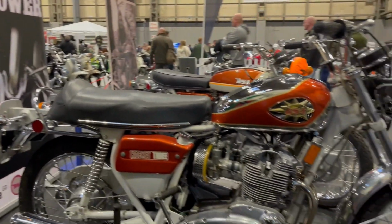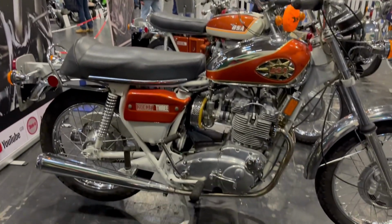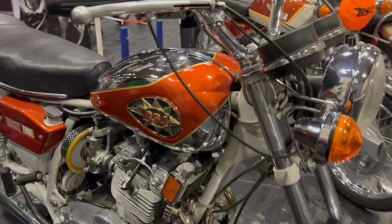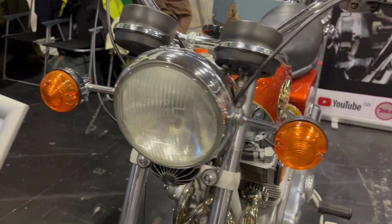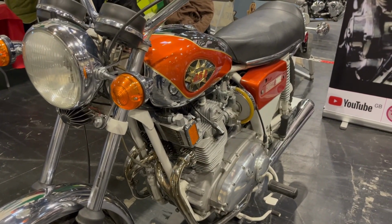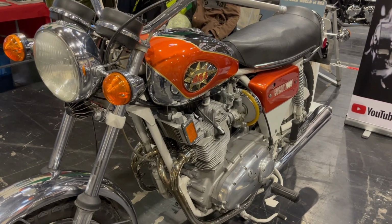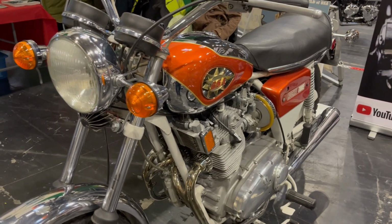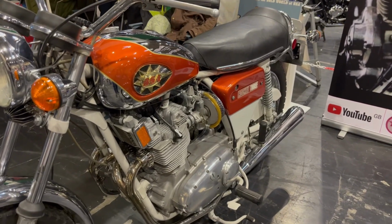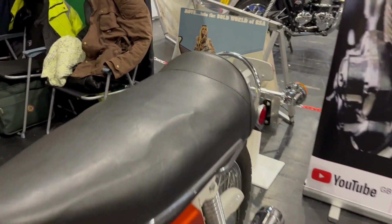So firstly then we've got the A75 Rocket 3. Sorry, I'm on the gimbal and I still can't control this very well. That's the 5-speed from January 1971 A75V, only 200 made, to homologate the 5-speed box for the racing bikes. But externally and cosmetically, it's an export Mark II Rocket 3, and all the 5-speeders were in firecracker red and duck grey frames. On this one, the side panel badges are from 72, but they sort of go with the bike, so I've never changed them. And then if we just spin round,